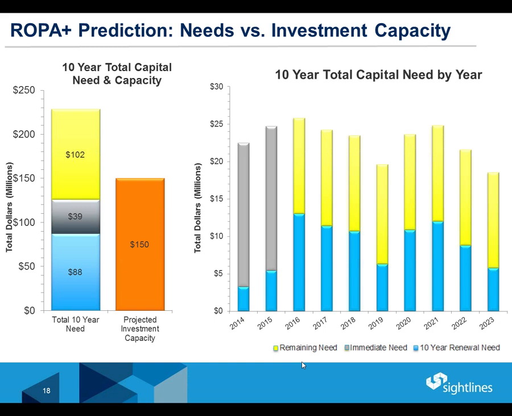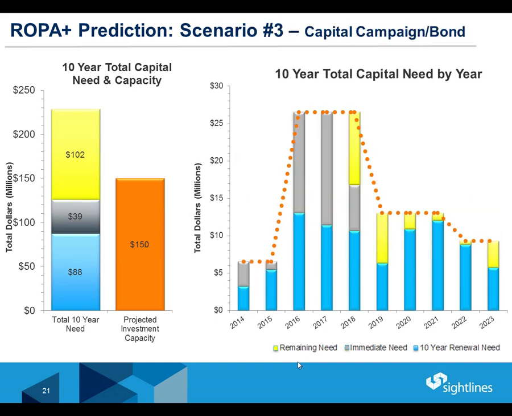Then the other one is in reference to scenario 3, with slide 21. Slide 21. Okay, so in scenario 3, do the bars represent capital expenditures or funding available for renewal projects? So the bars on that chart to the right, what we did was, based upon the bonding or the capital campaign that came due in 2016 through 18, we said, okay, given that funding source, which is the orange dotted line, the total is still $150 million, but they knew they were going to get an infusion in those 3 years. We shifted some of the needs so that they would address a lot of immediate needs in those 3 years.